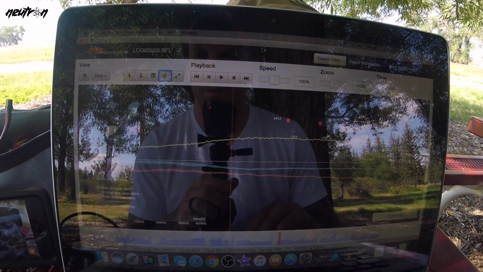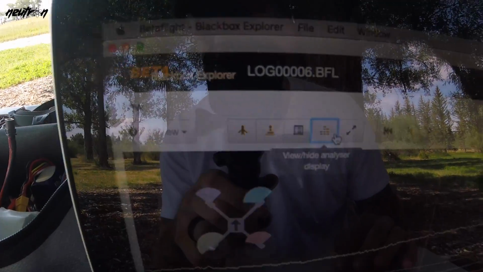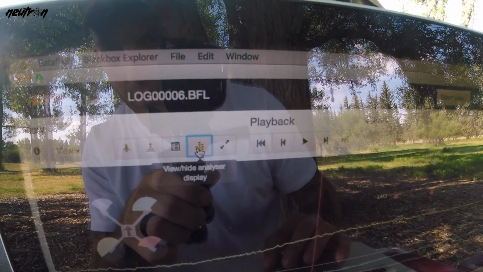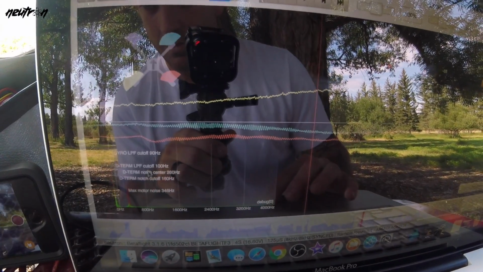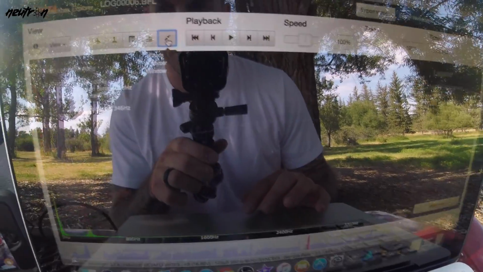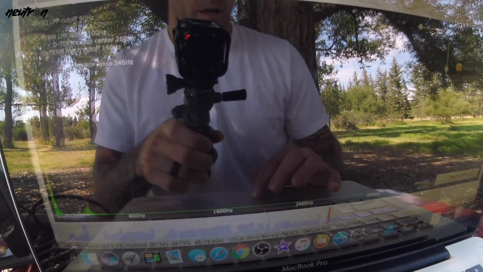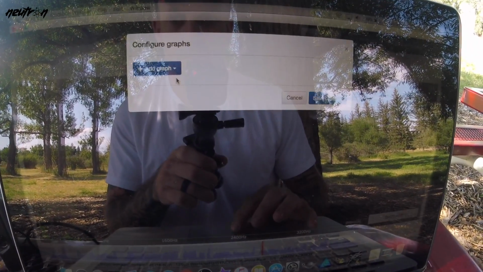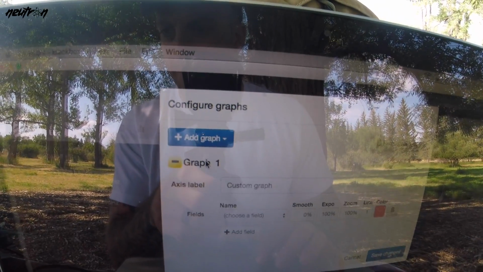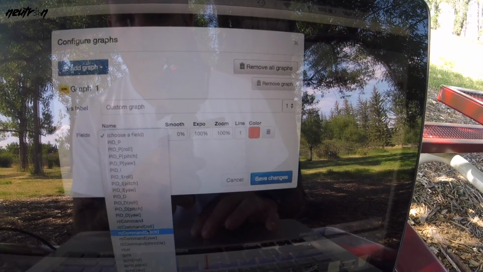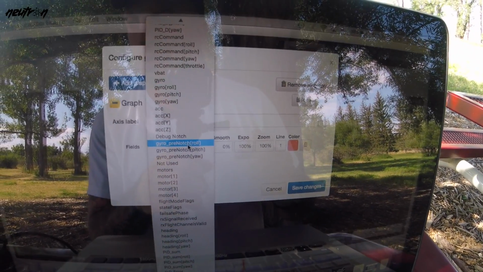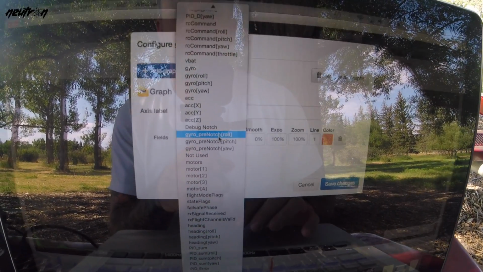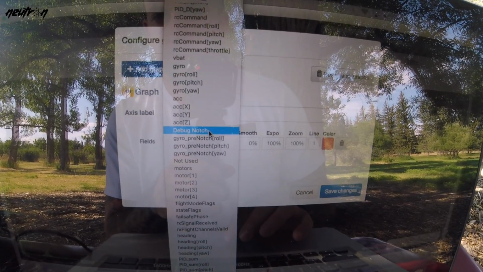What this will do is, if you're in the Black Box Explorer, if you click on this View Hide Analyzer display, it'll show this thing here, and you can actually get it to show full screen basically. So then what you'll do is you come to your graph setup, you add a custom graph, scroll down to find, and this is after you've already logged your flight with Black Box, and you upload your file into here. You'll choose debug notch,